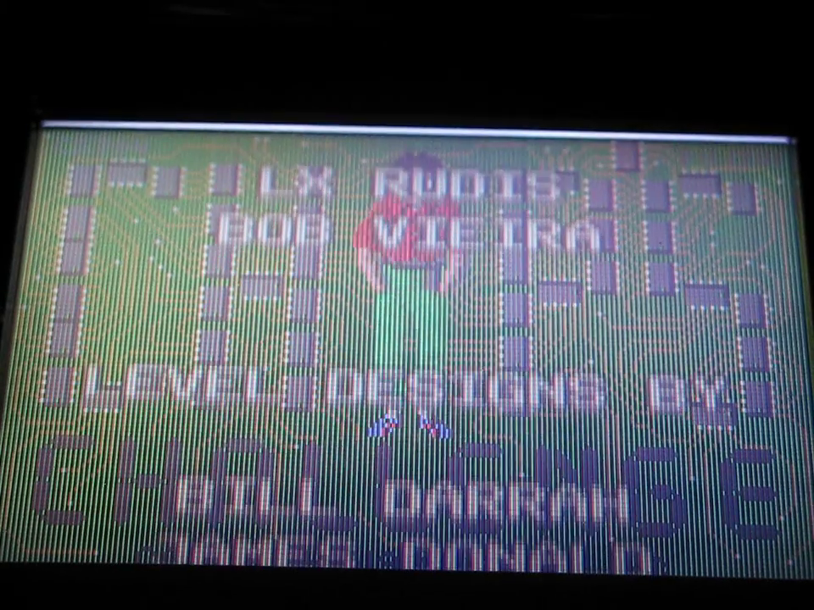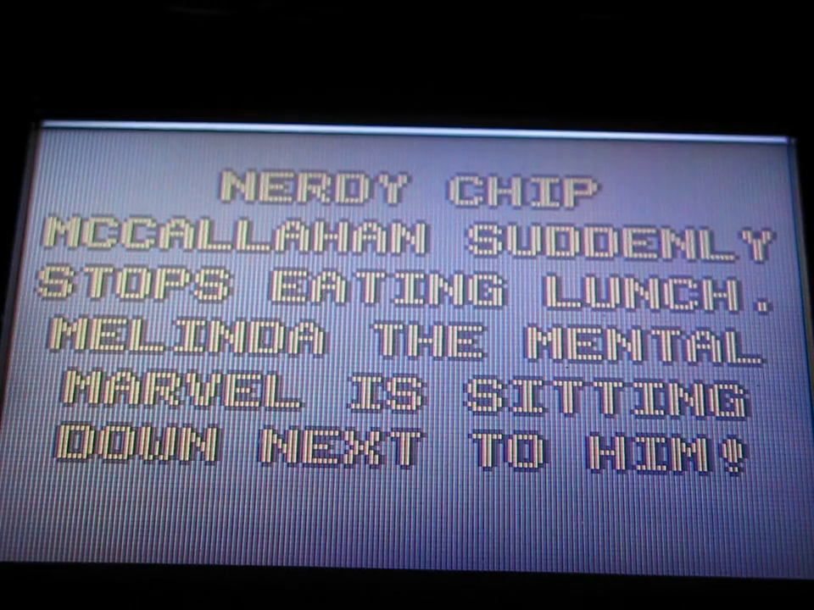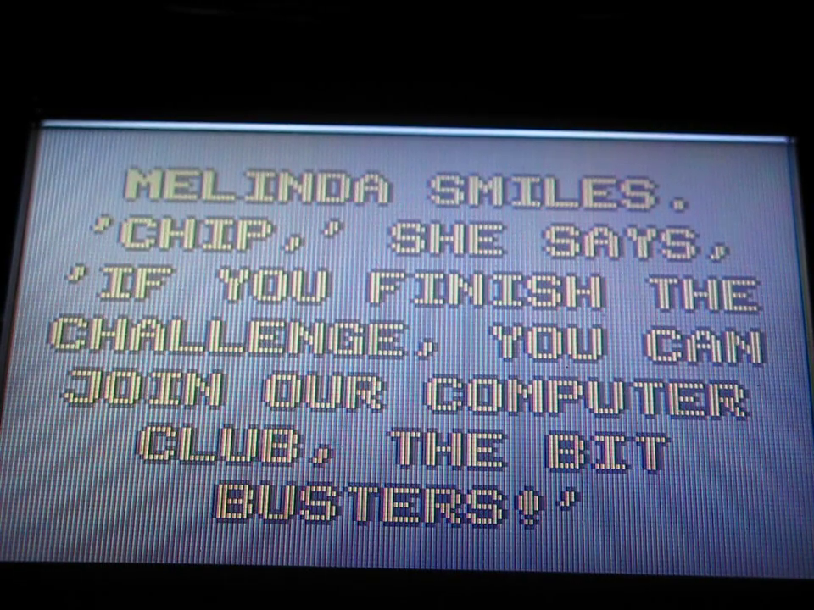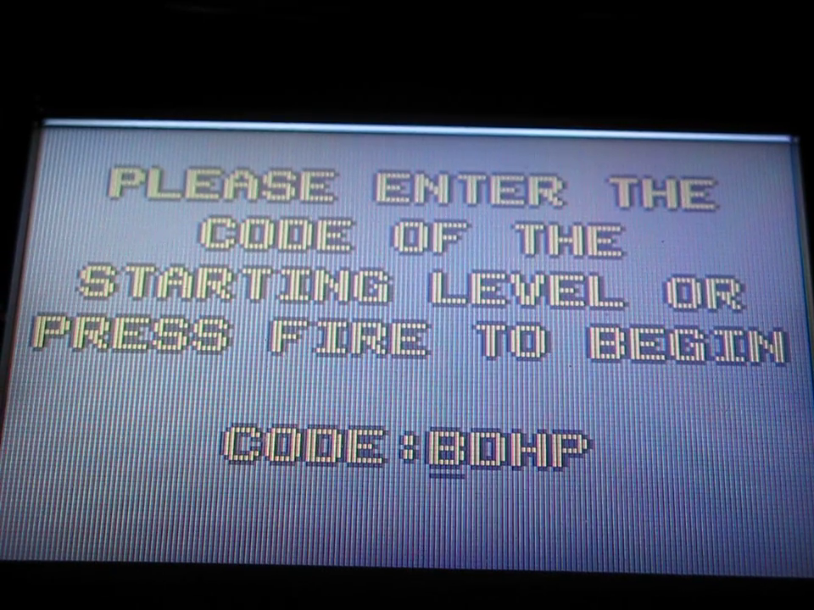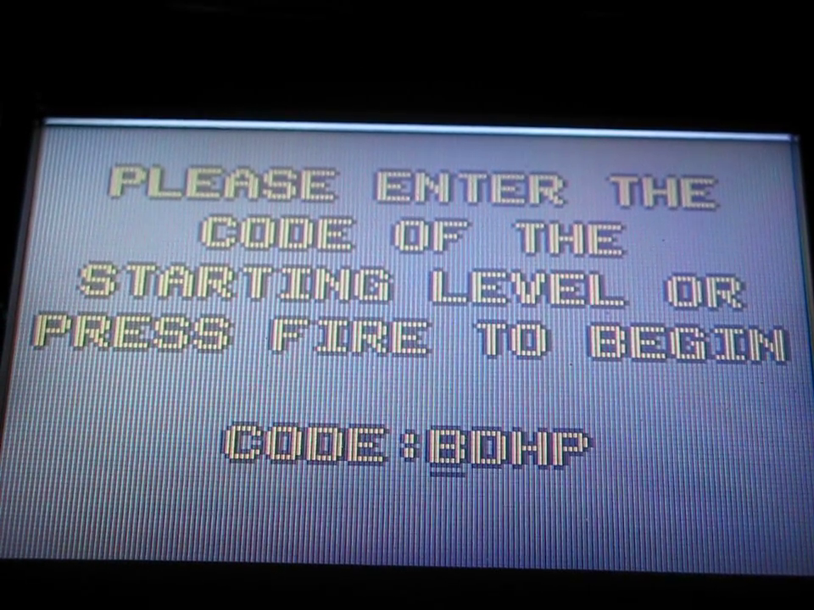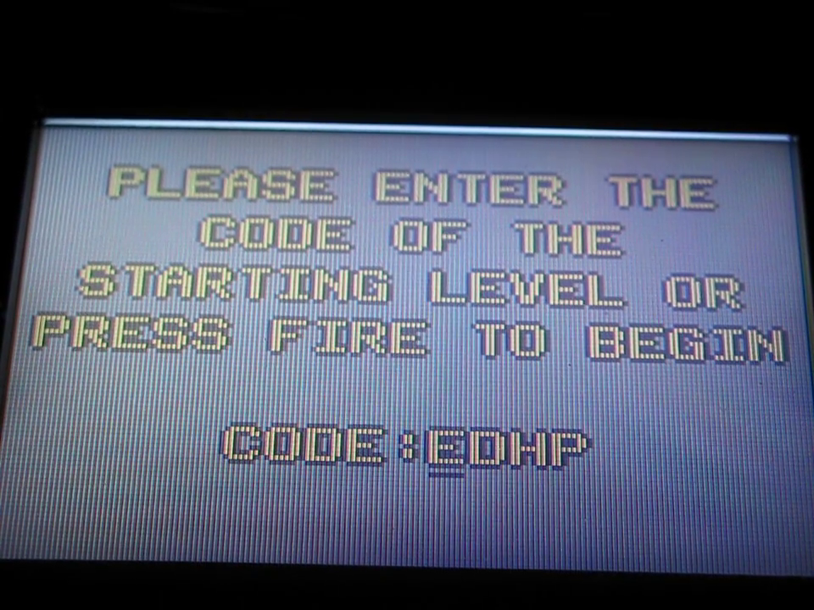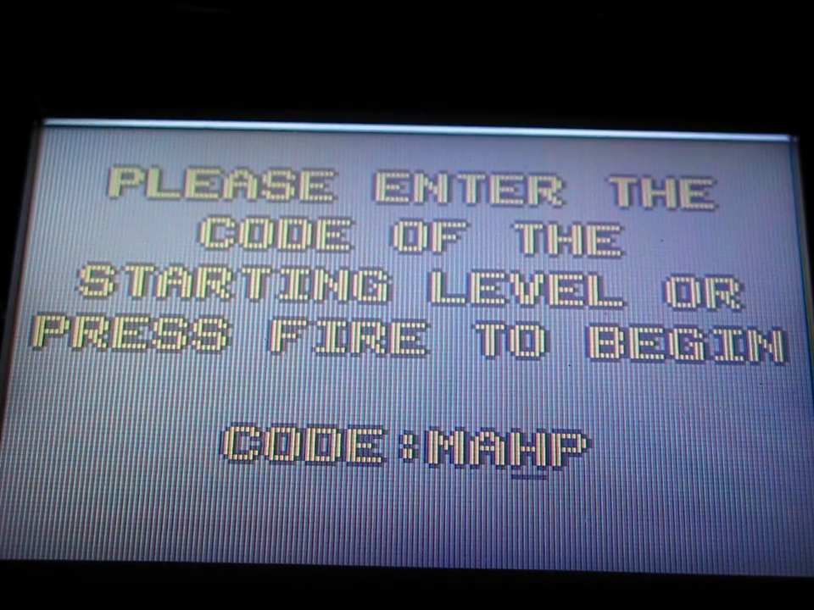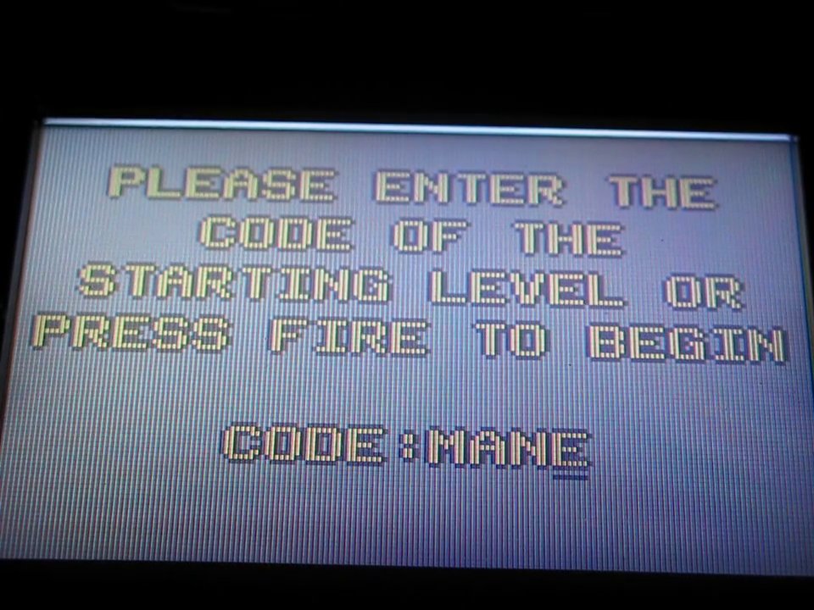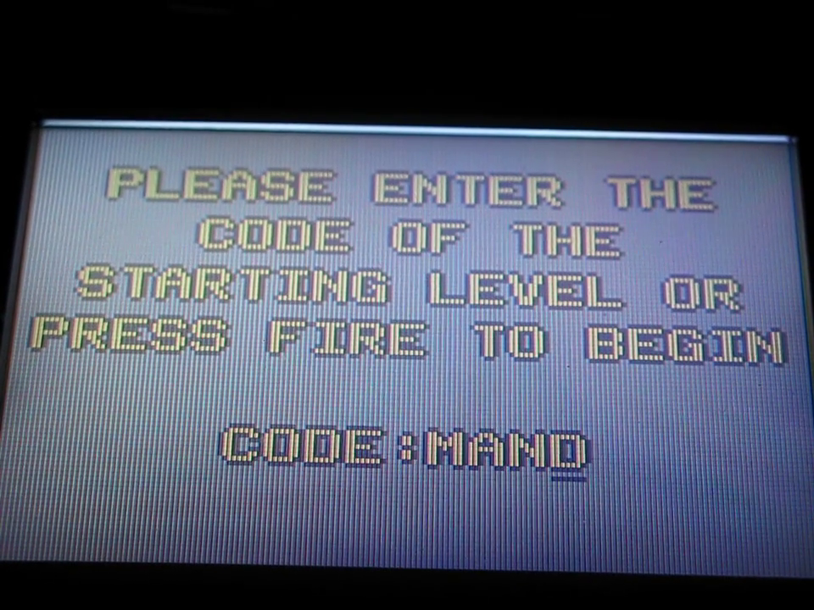So you basically just skip all the title screen by pressing A. Then it gives you all these messages as usual, so just cycle through these with A, and then you get to the code screen, and the code you're basically going to use is MAND, M-A-N-D, so we'll just put that in. M-A-N and D. So this will basically start the program,